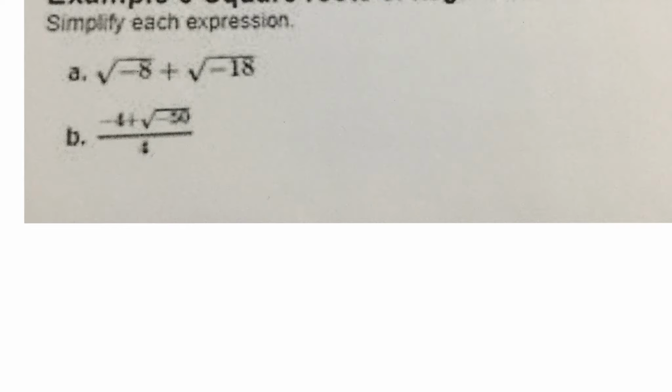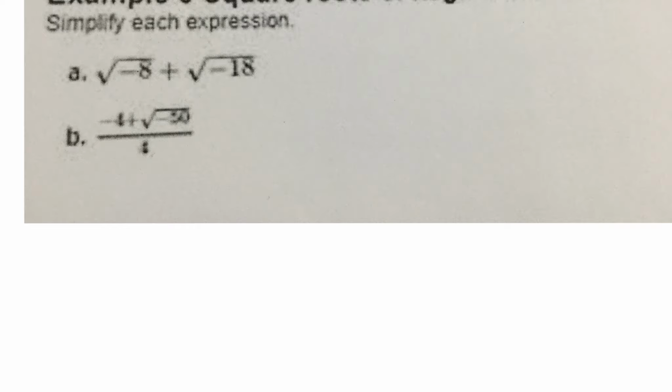Now we want to simplify negative radicals. Okay, so I've got the square root of negative 8 plus the square root of negative 18. So the first thing I'm going to do is get rid of the negative right off the bat. Here's the real technical steps. Negative 8 is the same thing as negative 1 times 8, which I can then break apart as the square root